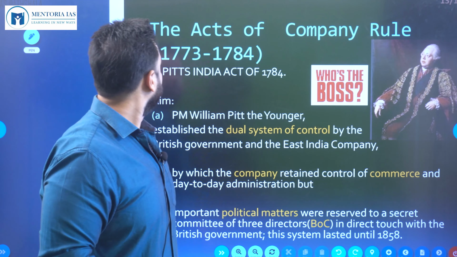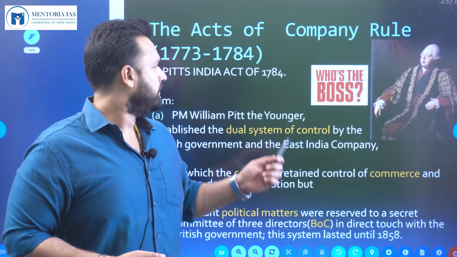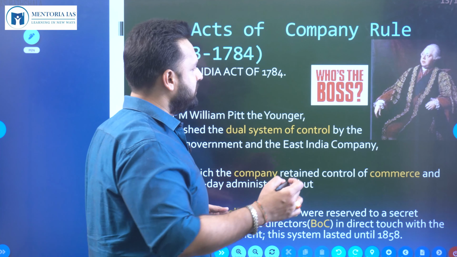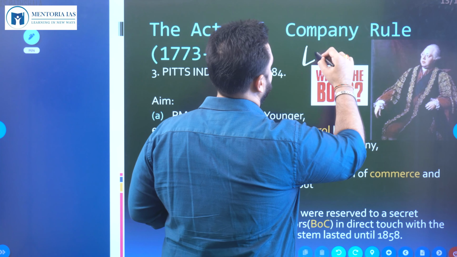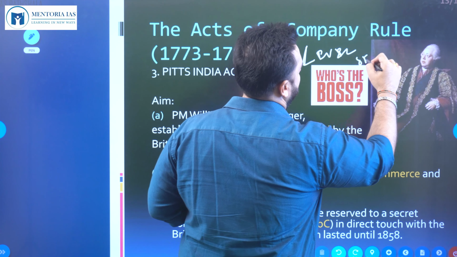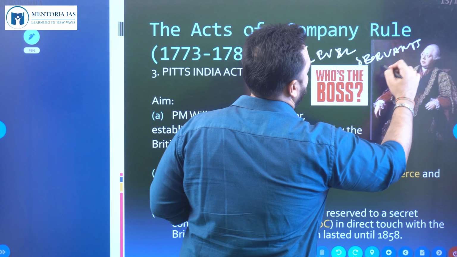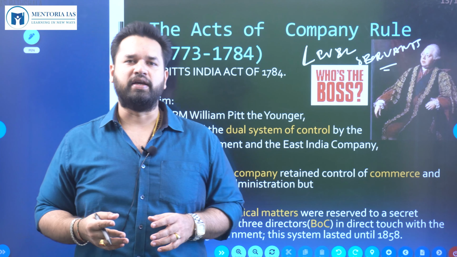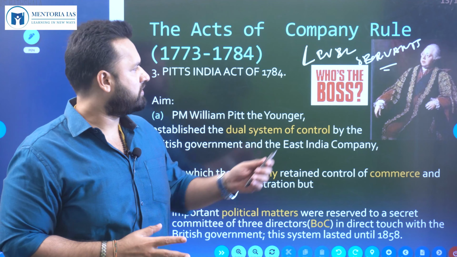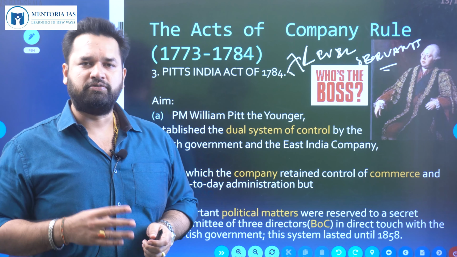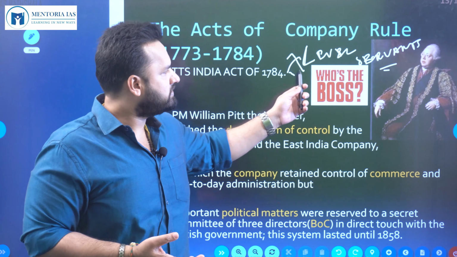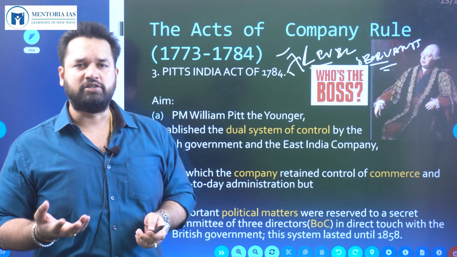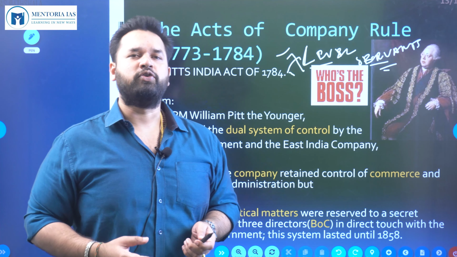Okay. The next act. This act also failed. Why did the Act of Settlement fail in 1781? Because of you. Why you? Because of the civil servants. Like in the present day you have exams like UPSC or IAS, you write the exam and you become an IAS officer. But that is not the case here. Here, the court of directors, 4 people, select the covenanted civil servants. If you go to a college, that college is called Haileybury in London. If you go to that college, you graduate, you become a civil servant.